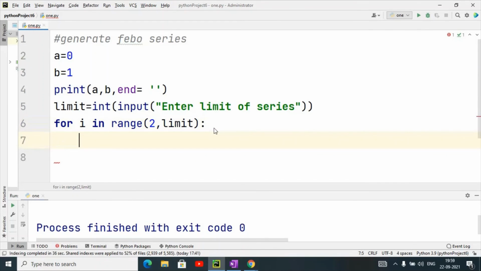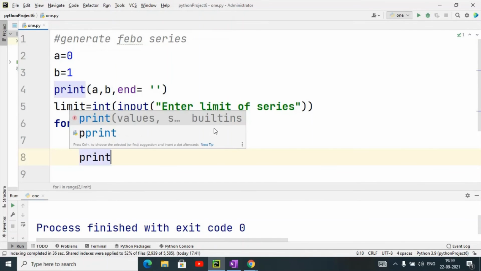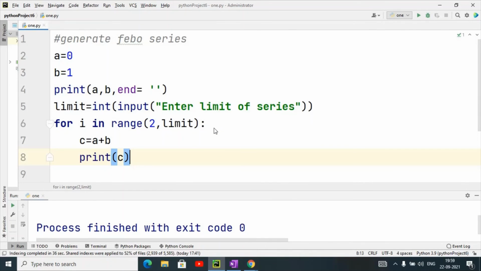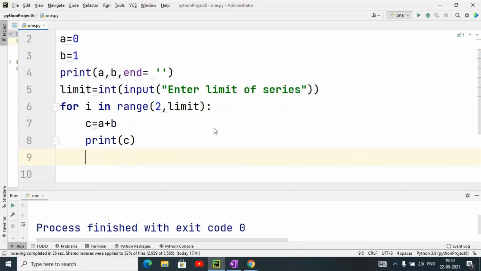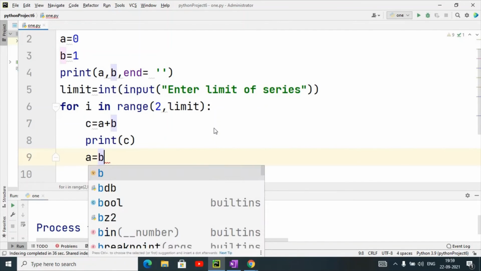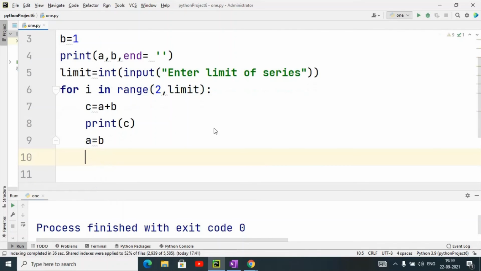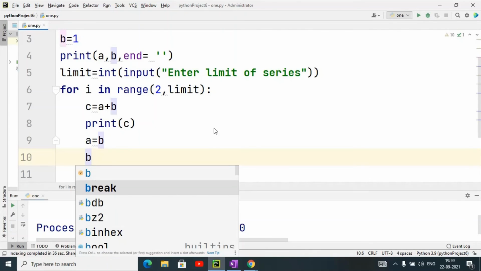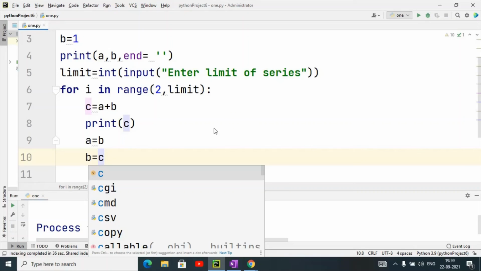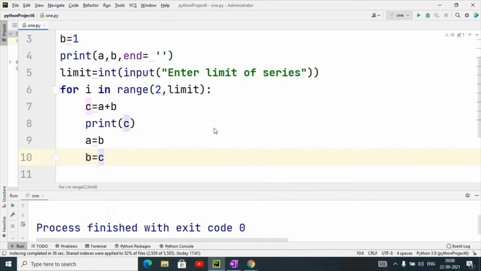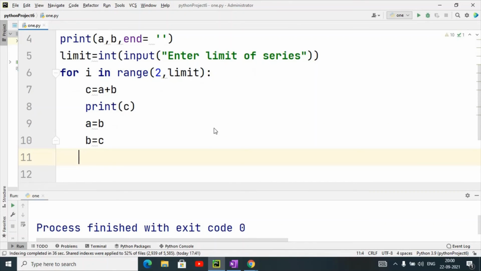Here I have written c equals a plus b, then print c, then the value of b becomes a and the value of c becomes b. Whatever value is in c, it will become b. So it will work like this.